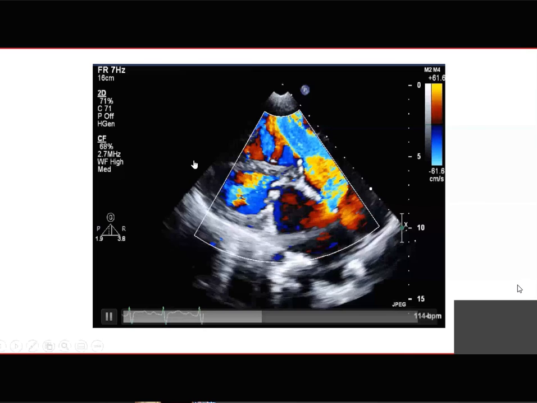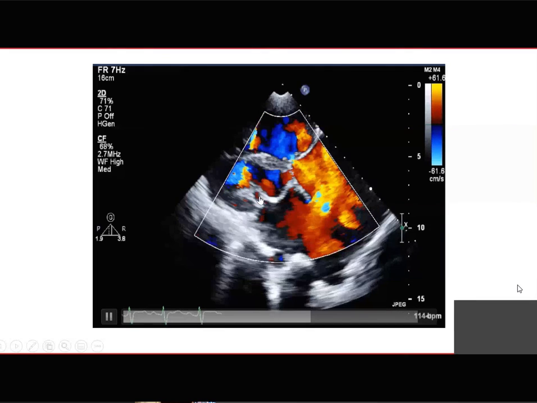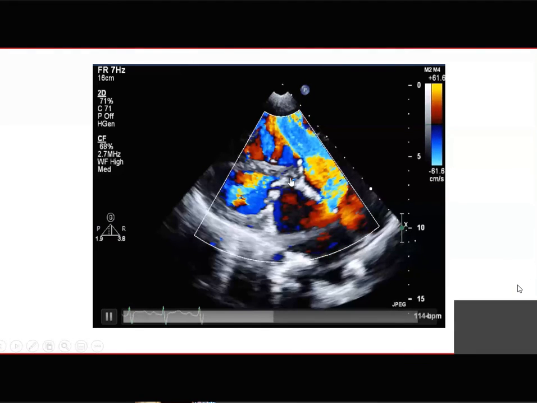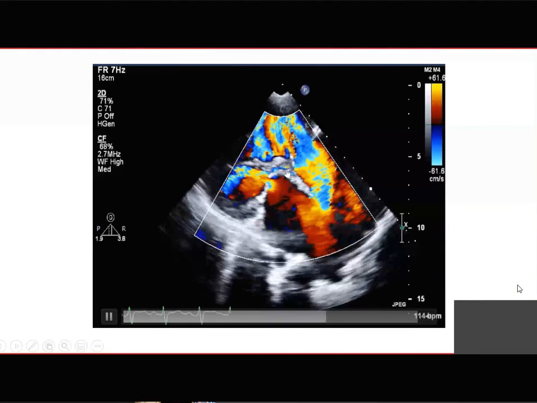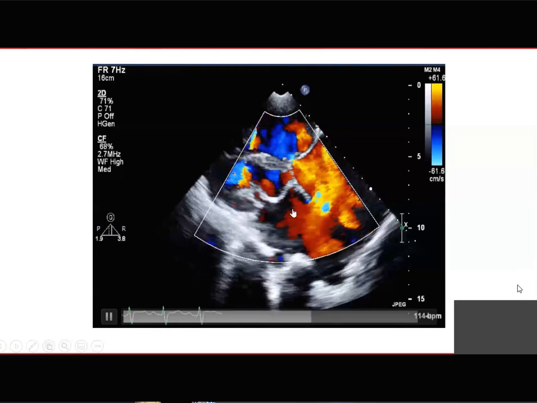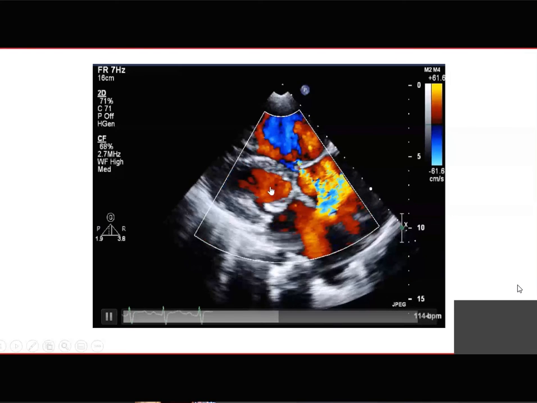AV canal defect, sir. Why are the aorta, the mitral, and the aortic and tricuspid valves the same? It is different in different planes, no? ASD, Gutenberger syndrome, VSD. Okay, there's a thickened mitral valve. There's a turbulence here, and there is an ASD.